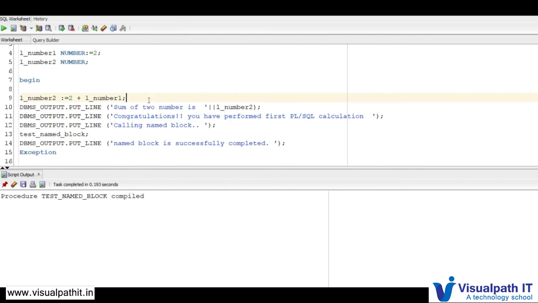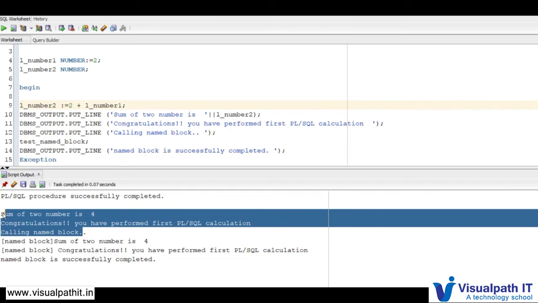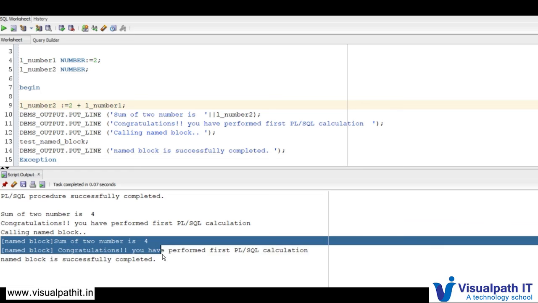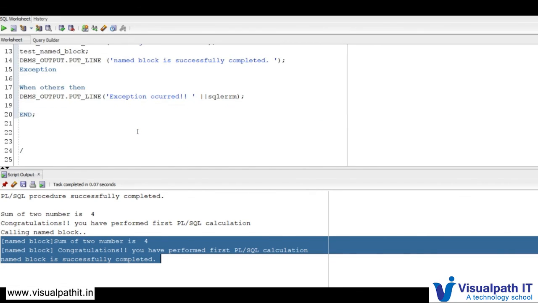Okay, run this. See here, these messages are coming from the anonymous block, and these are the messages coming from the named block.